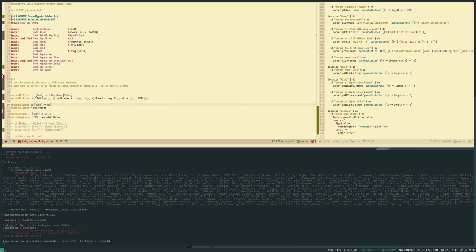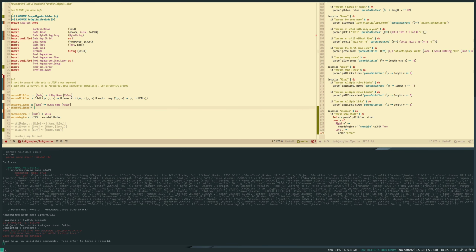From zone to map name zone. Sorry. Value.